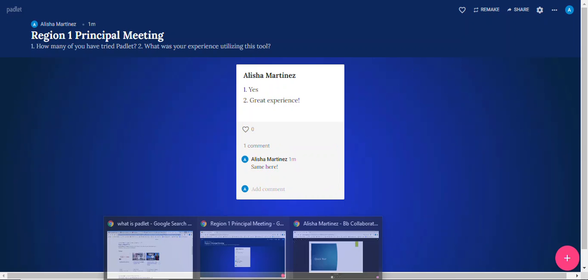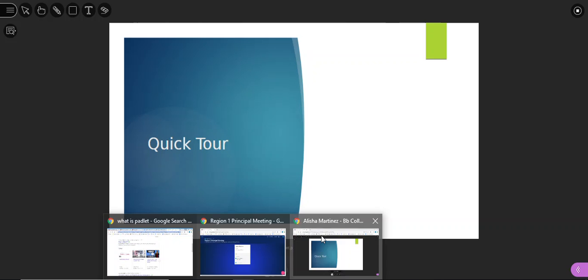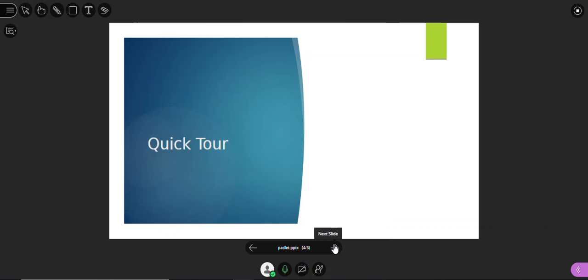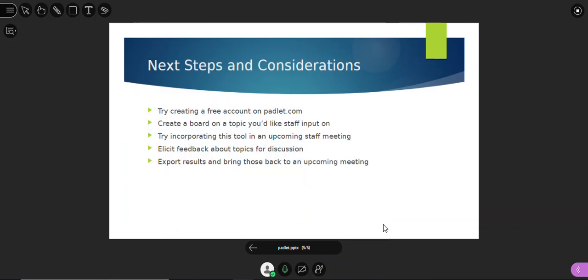We'll go ahead and go back to our Blackboard Collaborate. And here, for you to consider some next steps and considerations, potentially try creating a free account on Padlet.com, create a board on a topic that you'd like to get input from a group of participants on, potentially think about utilizing this at an upcoming staff meeting where you could elicit feedback about different topics for discussion. And then, as I shared, you want to export those results so you can process them and bring them back to a